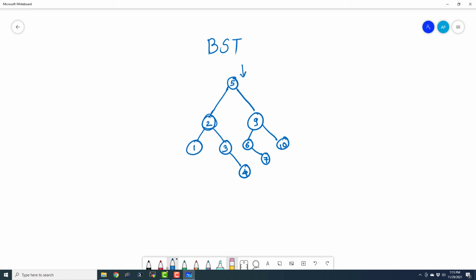It is greater than given value. That is why I'm visiting the right child. Now again, 4 is less than or greater than this? It is greater than the current node, and then I'm going to check in the left, and here I found 4. So I'm never going to miss anything.